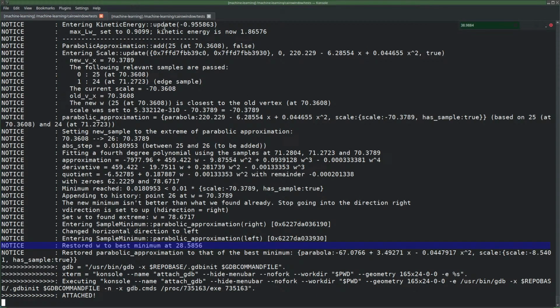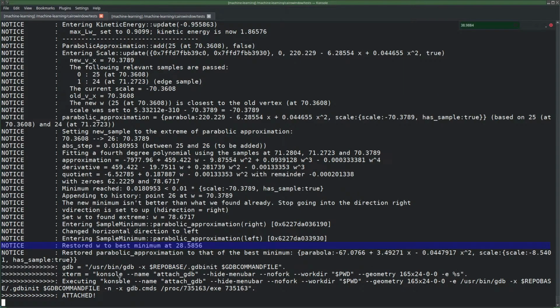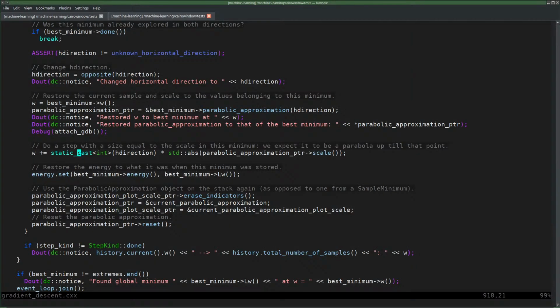No, it's not. The debugger frame 1. Yeah,